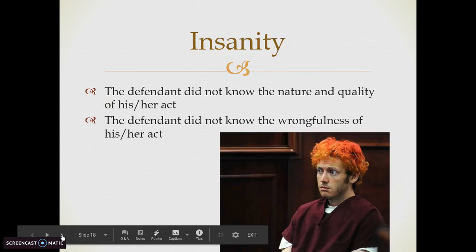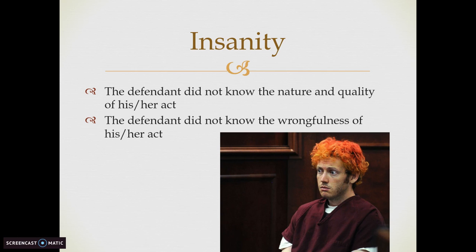Okay. The third defense is called insanity. You're probably familiar with this one as well. The thing that makes insanity work is that essentially insanity doesn't allow an individual to know what is right versus what is wrong. Essentially, if someone is under an extreme mental or emotional state, it can take away their ability to know what is right versus what is wrong, or to know that what they're doing is wrong. Therefore, they wouldn't have any mens rea.